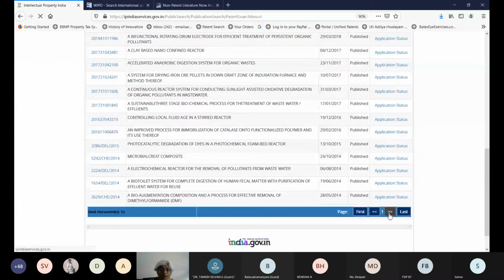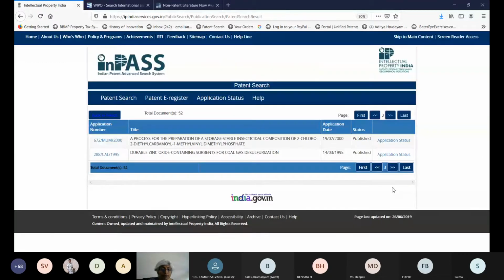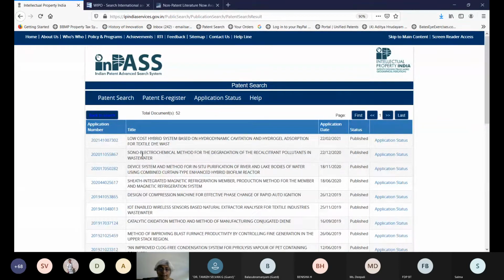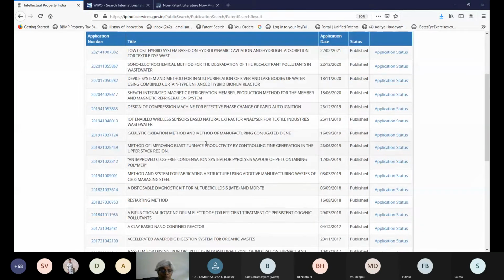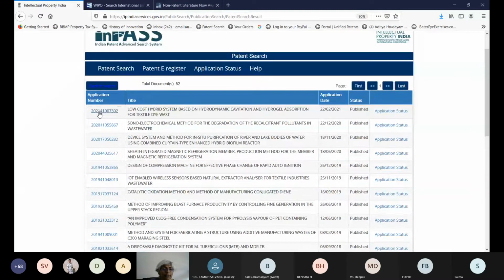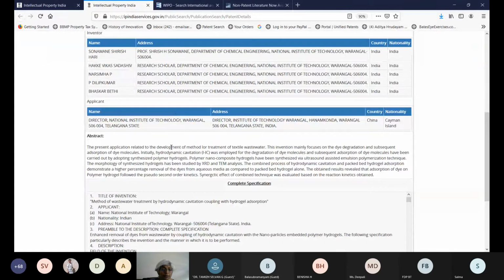We can go to the next page as well. So there is 2, 3. There are 3 pages. You can go back to the first and let us see something and see whether we've got an irrelevant hit. Okay, let us see this. Okay, so here it is. The present application